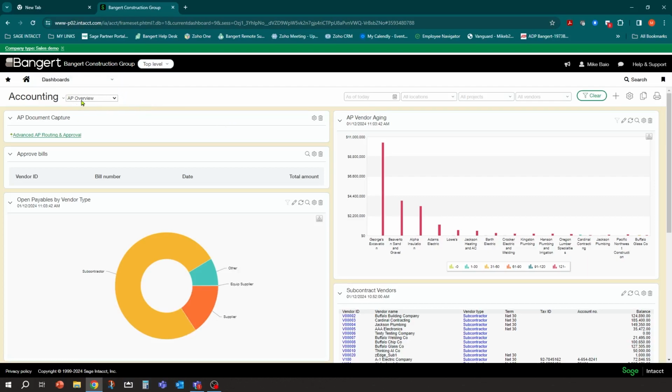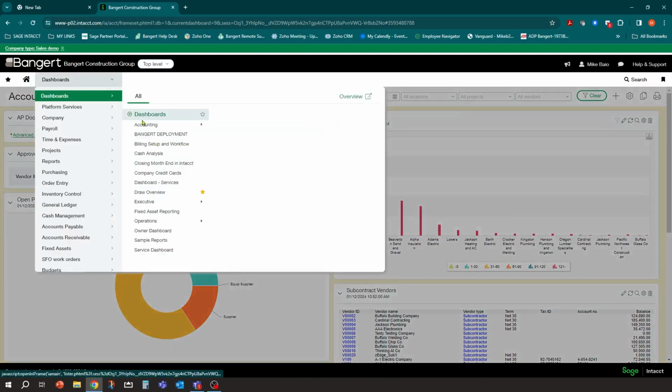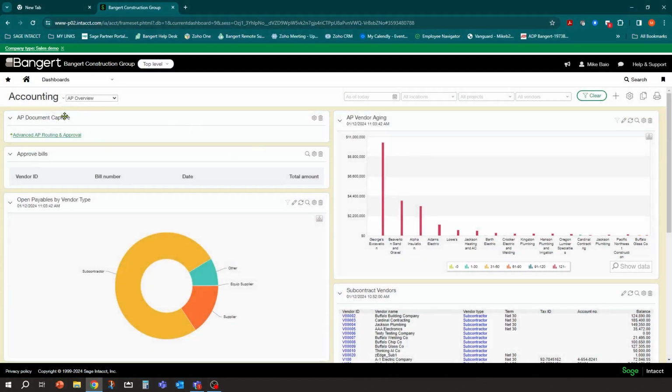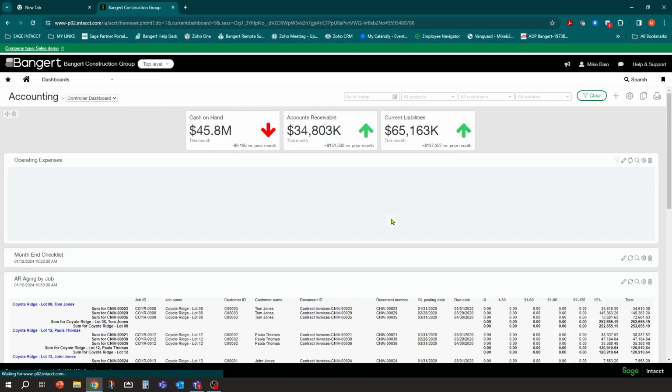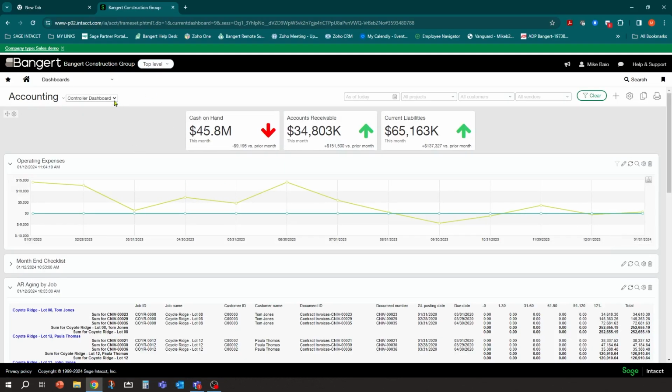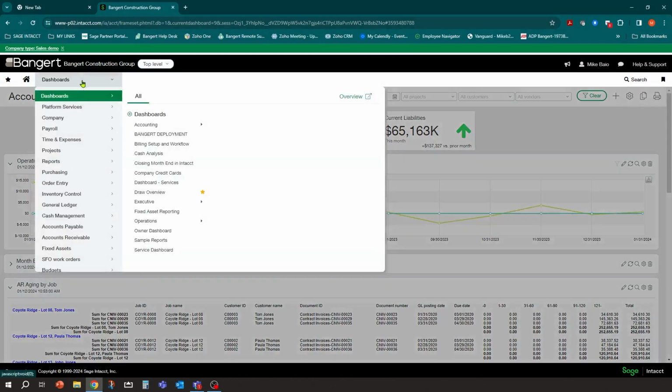So now if your dashboard is a part of a group and you select that dashboard initially, it will give you a drop-down list of the other dashboards in that group, and you can easily flip to the other dashboard.